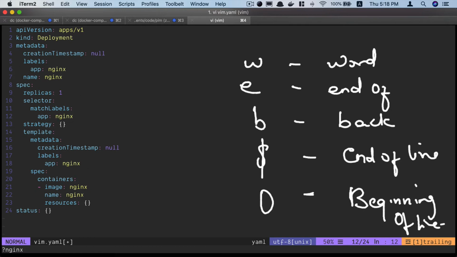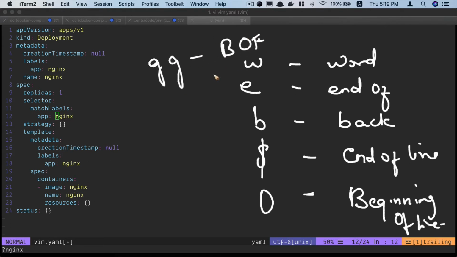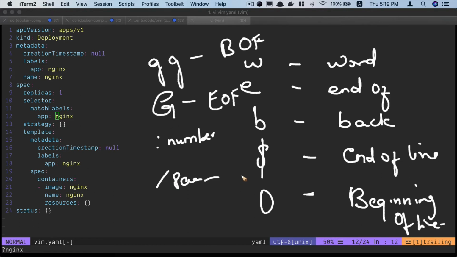So in summary, we now know how to navigate. We can use the line numbers. If you want to go to the end of the file, we can use capital G. If you want to go to the beginning of the file, you can use gg. So let me just note it down here: gg to the beginning of file, capital G to end of file. You can also use line numbers, so a number to land on that line, or you can use search and type the word and you will go to that word. Another option I will show you, and I swear this is the last one.